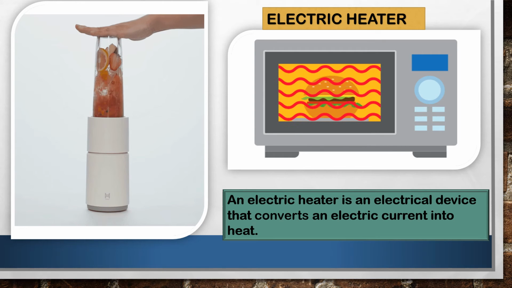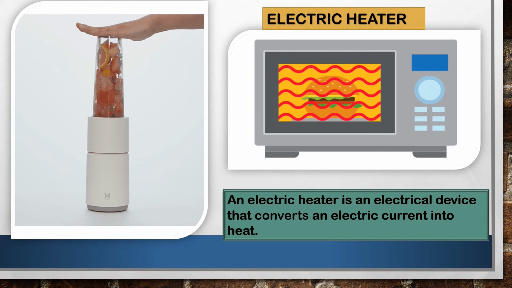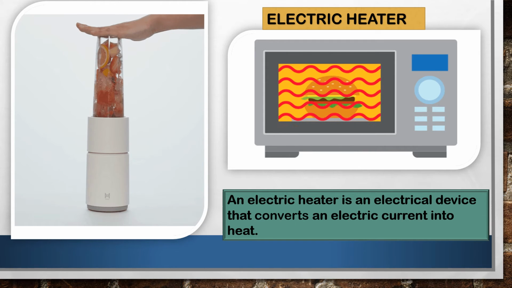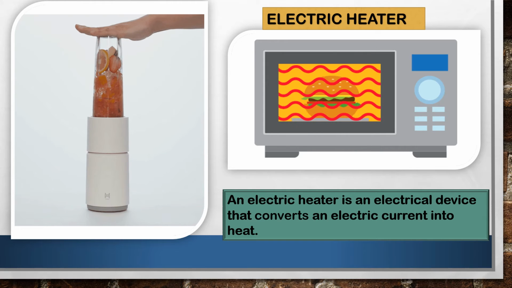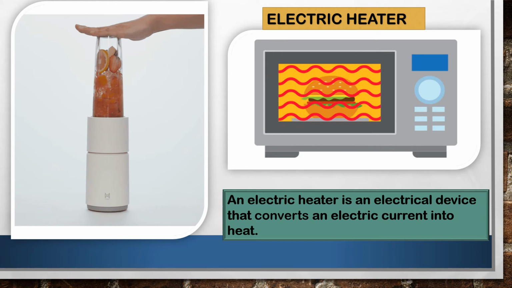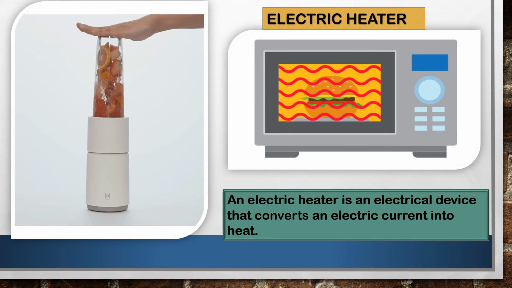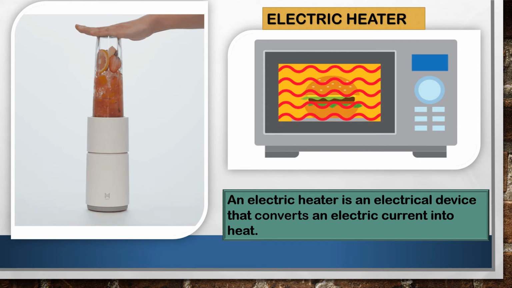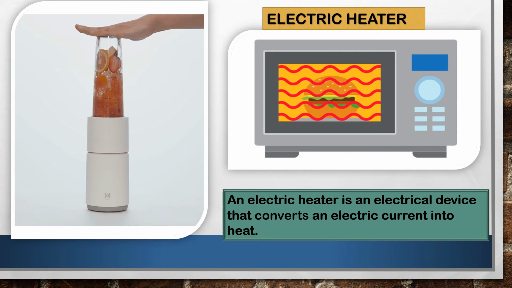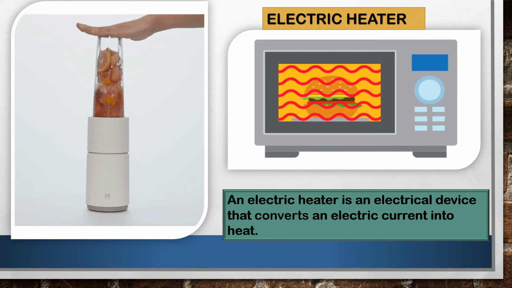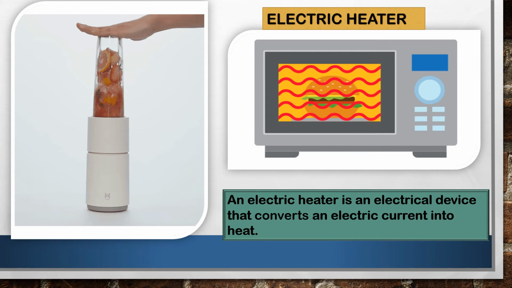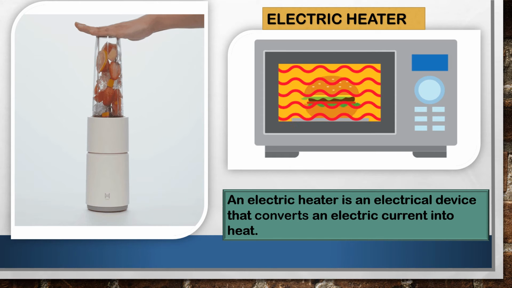Generally, nowadays in our daily life, we see the microwave, where the electric heater mechanism is basically used. You can see this microwave where a wave is passing, and there also the same electric heater mechanism has been applied. Now next, another daily life example is mixie or mixture. Here also the same mechanism of electric heater has been applied.